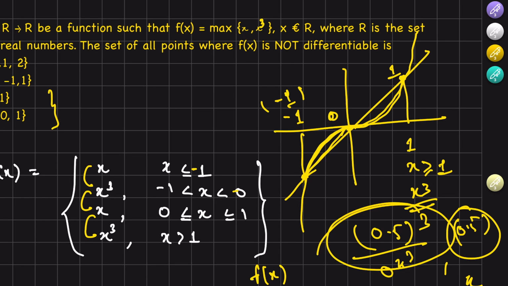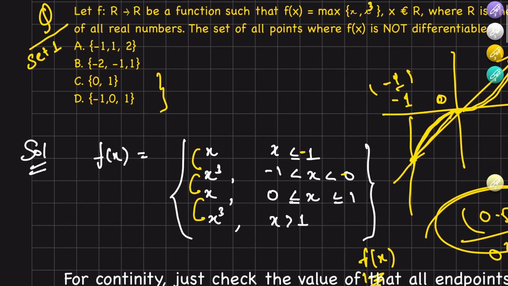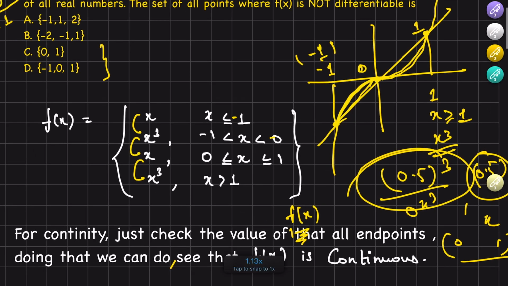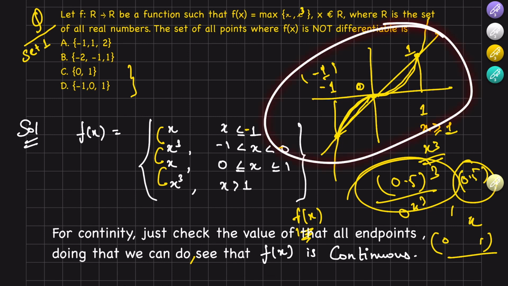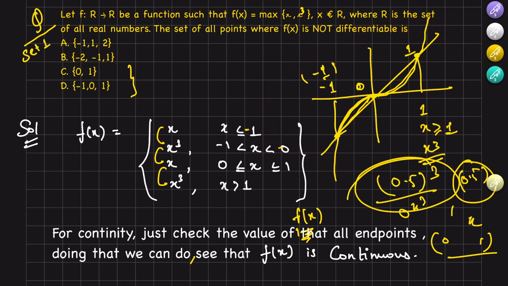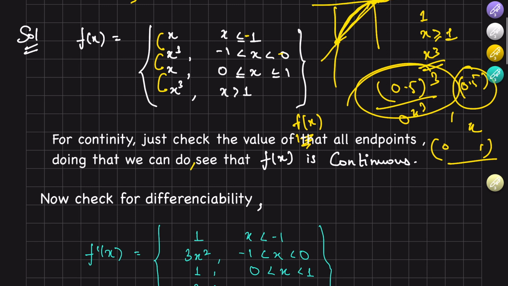I just solved by the symmetricity, right? I eliminated these two options, that 2 cannot be the option, and similarly -2 cannot be the option, so 0, 1 or -1, 0, 1, and by symmetricity -1, 0, 1 should be the option. This is not the very correct approach, but since that only clicked in my mind to solve it in the quickest way, I did this, right? Even by the longer method it is very easy to solve.